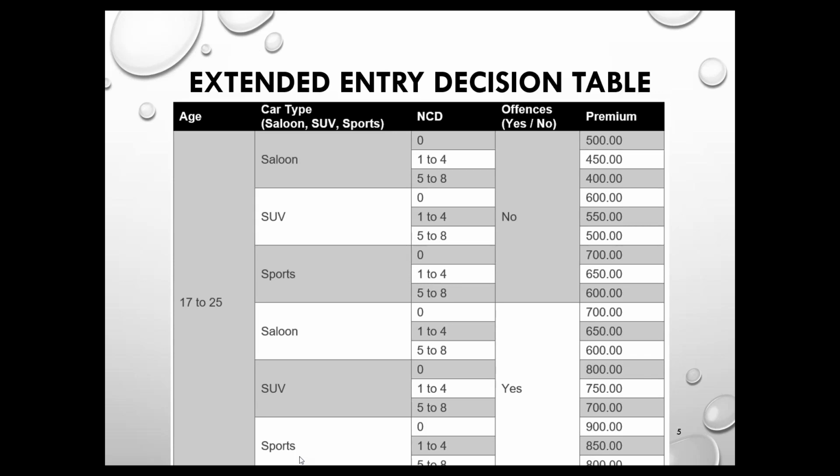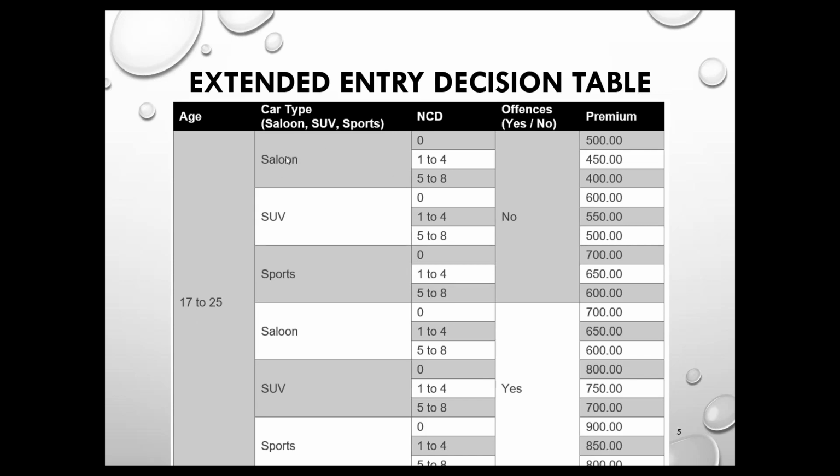But this simple example will serve perfectly well for today. So we have an age. Now notice, rather than just say, is the age 17? Yes. Is the age 18? Yes. No, we just say, well, we have a range. Let's say 17 to 25.